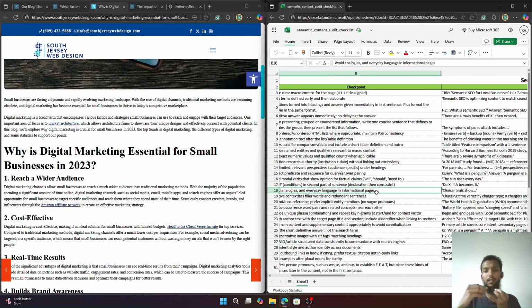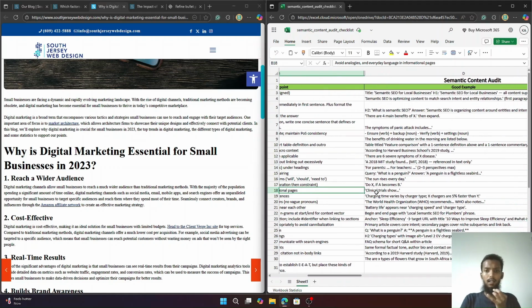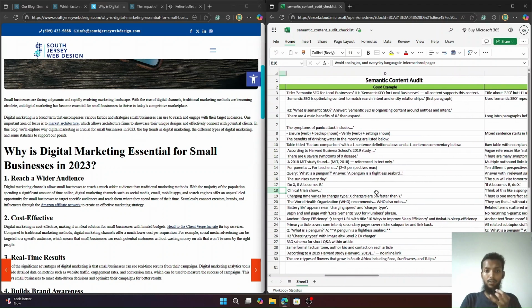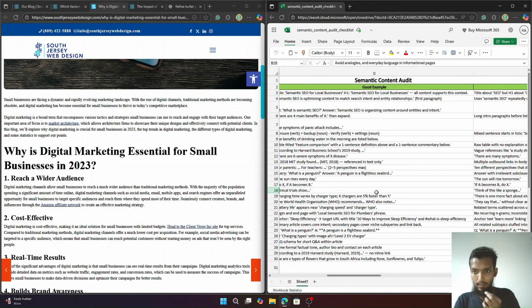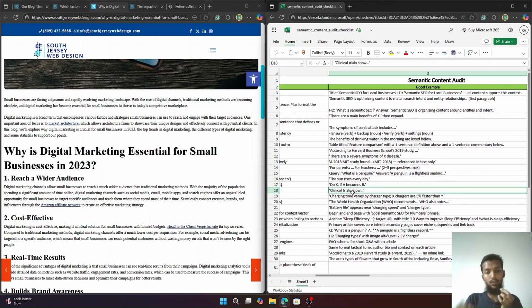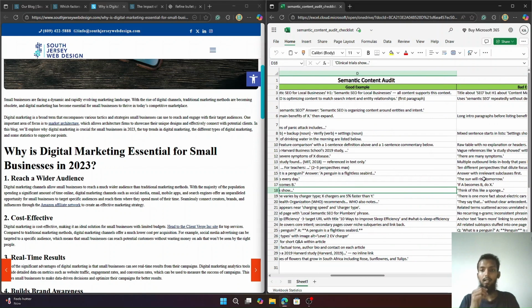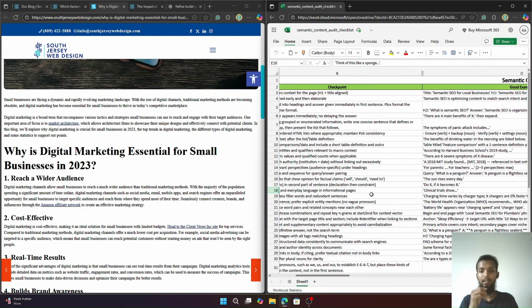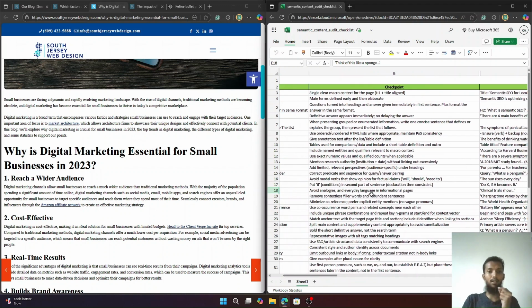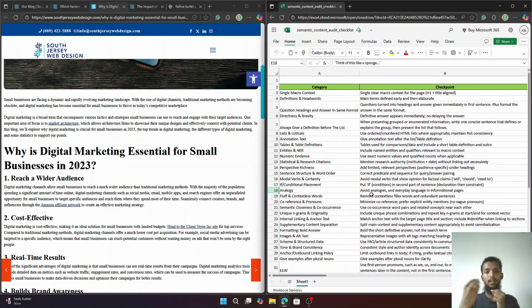Be formal and be professional. Use professional words and sentences. For example, clinical trials show. This is a formal starting sentence. But instead, if you write like, think of it like a sponge, or imagine this and that, you should stop doing that. Otherwise your articles will feel like you are imagining or using too much analogy. Then it will feel less certain and less confident, and that is bad.